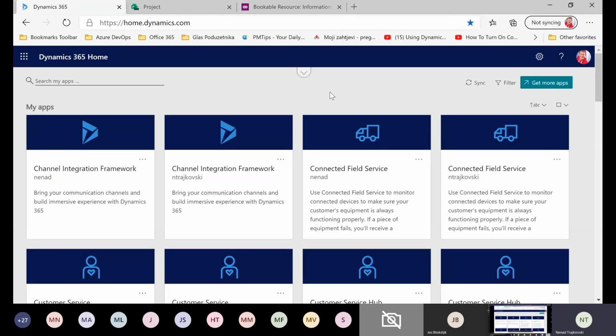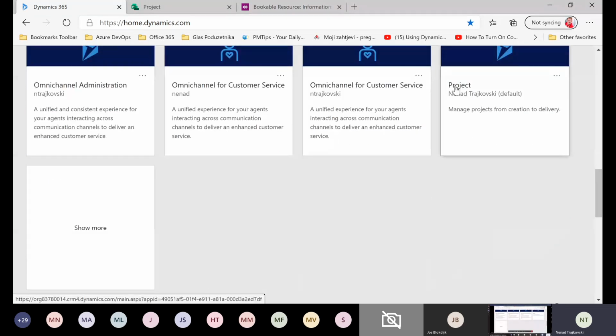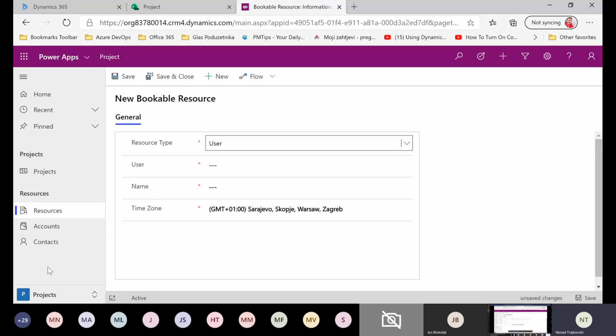And on Dynamics 365, I will go down to Project. When I click on Project, I will come right here. So I will choose resources, and I will say, okay, I need resource type, which will be generic resource, and